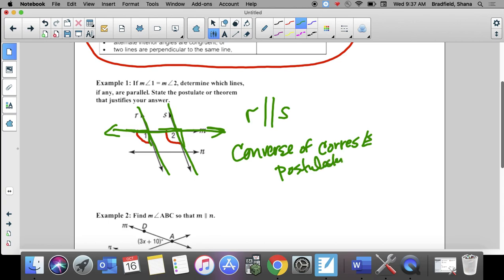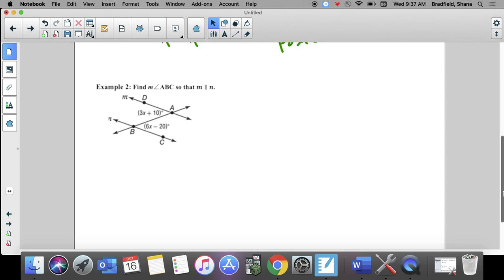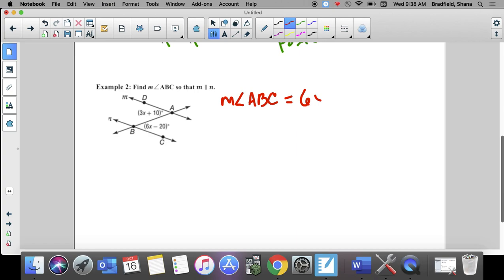That one says that if corresponding angles are congruent, then the lines cut by the transversal are parallel. Example 2, it says find the measure of angle ABC so that M and N are parallel. So we know that the measure of angle ABC is represented by 6x minus 20. And in order for lines M and N to be parallel,